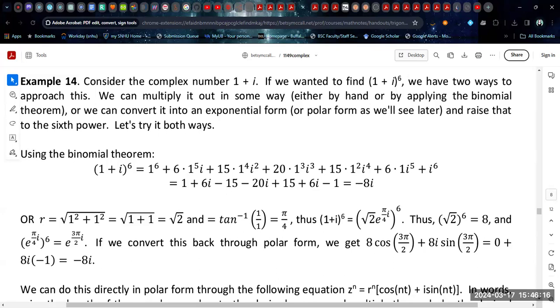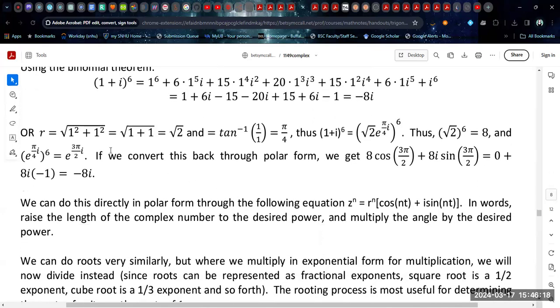Now, how can we get that from exponential form? Well, we're going to look at our 1 plus i. So our radius is the square root of 1 squared plus 1 squared, which is the square root of 2. And the angle we get from the inverse tangent of 1 is pi over 4. So our 1 plus i is represented as the square root of 2 times e to the pi over 4 i. And then to raise that to the 6th power,